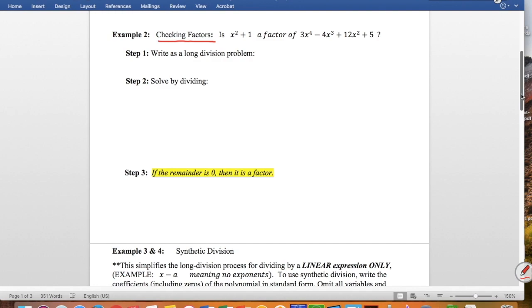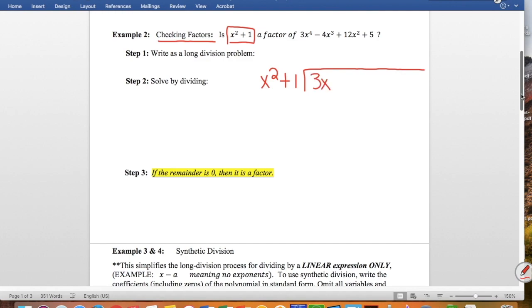division. So it's asking me, is x squared plus 1 a factor of 3x to the fourth minus 4x cubed plus 12x squared plus 5? So I'm going to go ahead and write it as a long division problem. I'm going to divide the polynomial with 4 terms by x squared plus 1. So I'm going to write this out as a division problem, x squared plus 1, and we're dividing